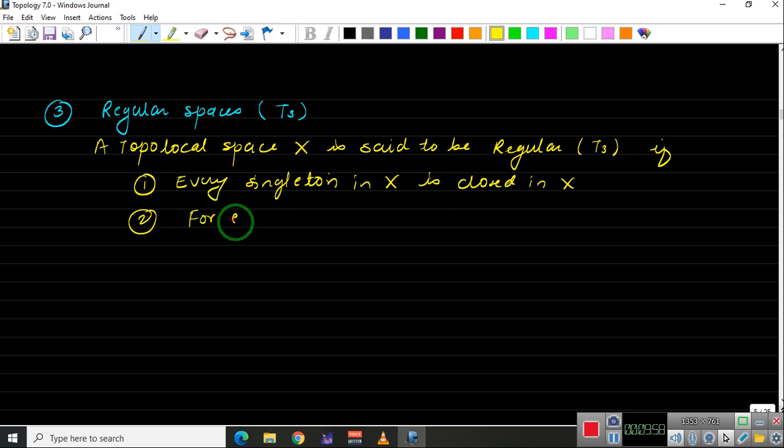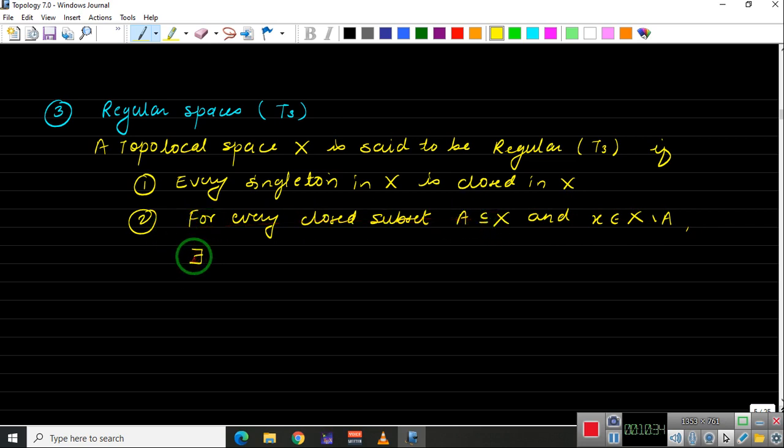for every closed subset, let us take A of X, and a point which is not in A, so a point in X difference A. So you take a closed set and you take a point which is not in the closed set A, then there exist open sets, say U and V in X. So U and V are open in X such that